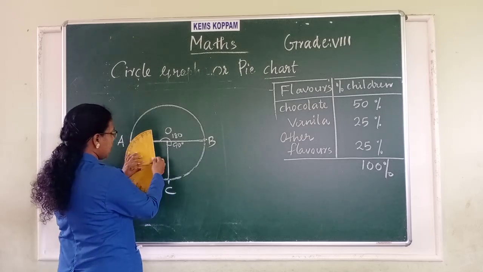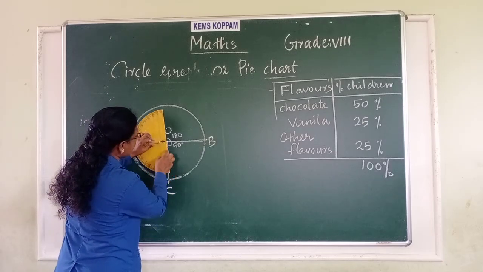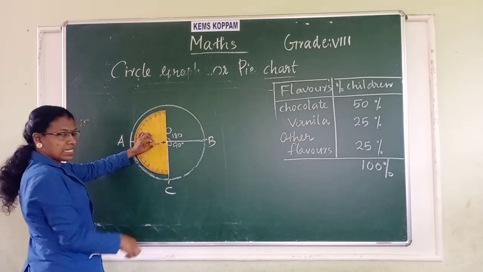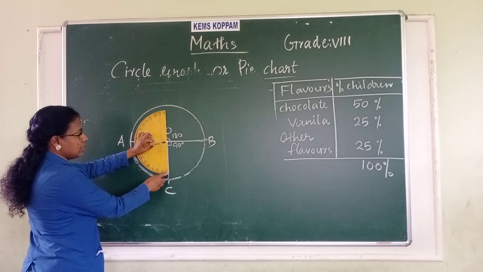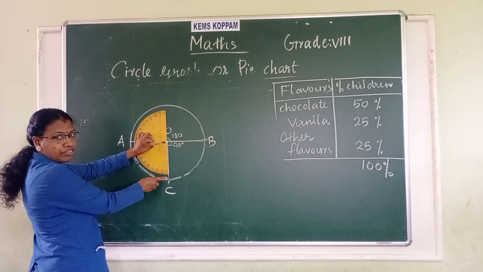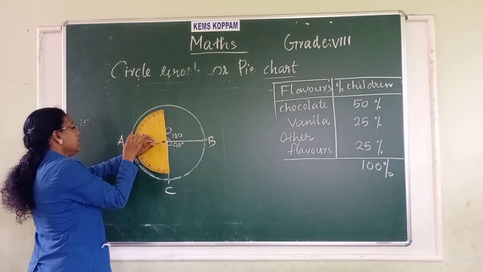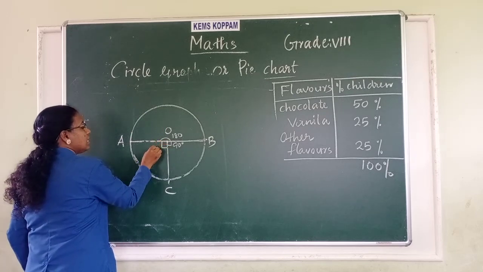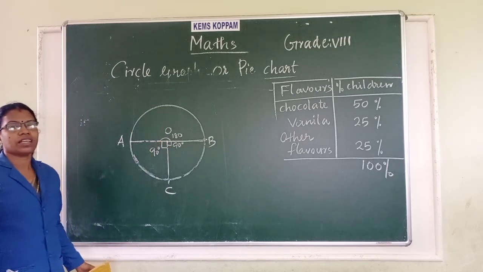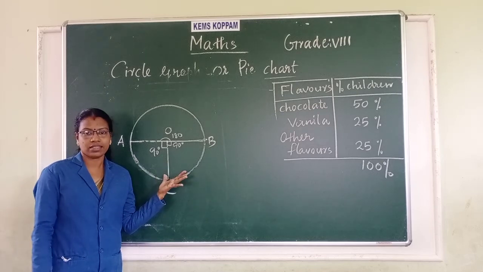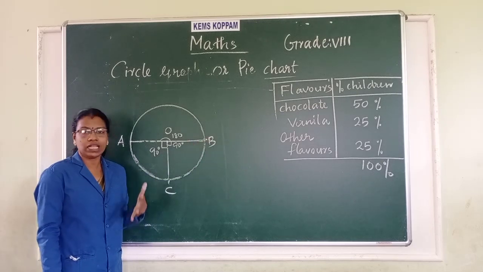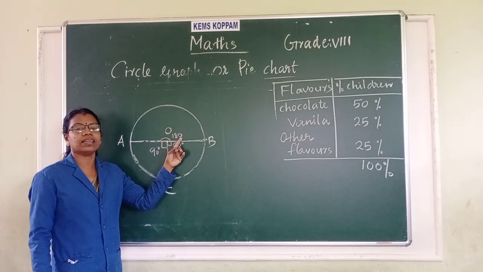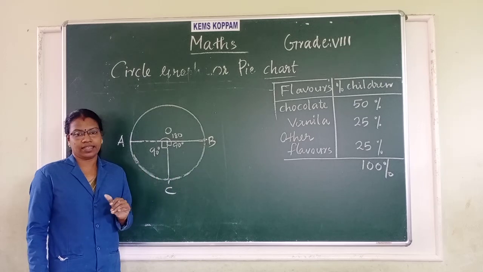So this is our baseline. Keep the center here and the baseline here. Then mark 0. We can start counting from here, 0 to this 90 point. So the third angle is already 90 degrees. This way you can mark all the angles. Clear? Here we have only 3 angles, so it is over: 180 first sector, second 90, third 90.